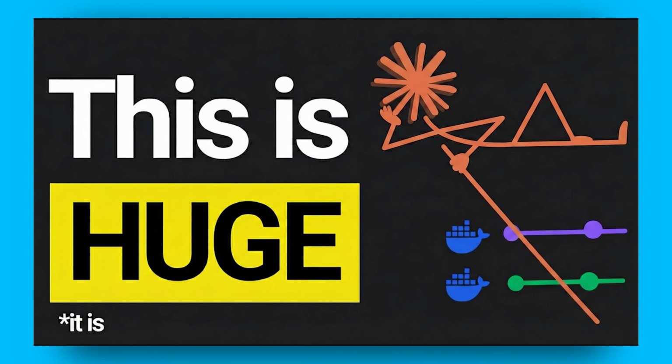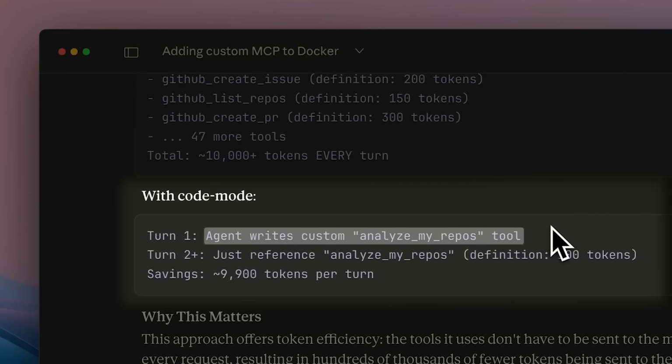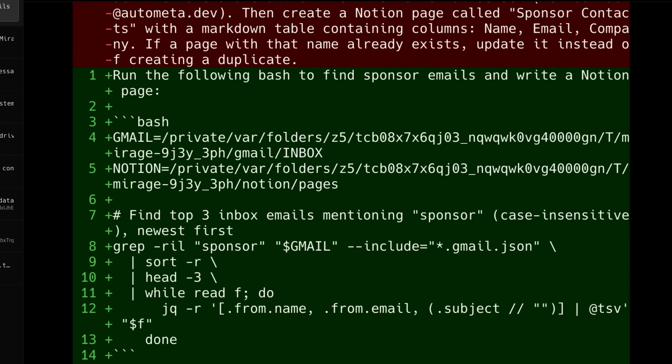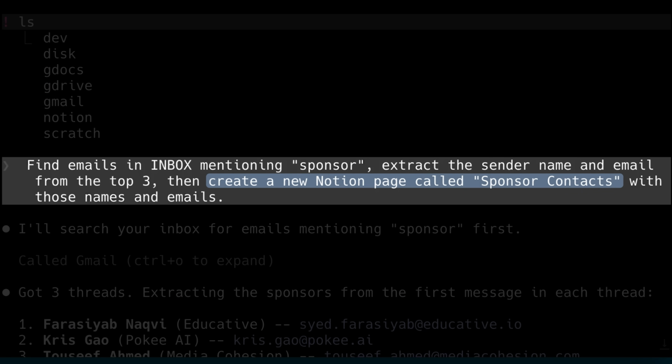And you probably remember the code mode video on Docker, where Docker's code mode could basically make custom tools by combining tools from different MCPs so that repeated operations could be run easily. This is the same thing. You can do the same just by using bash commands combined together so that the contents of one file can be copied into another. For example, here what we asked it to do was find emails in the inbox that mention sponsors, get us the top 3 sponsors, and yes, top 3 obviously means the sponsors that give us the most dough. Then it would list them on the Notion page.